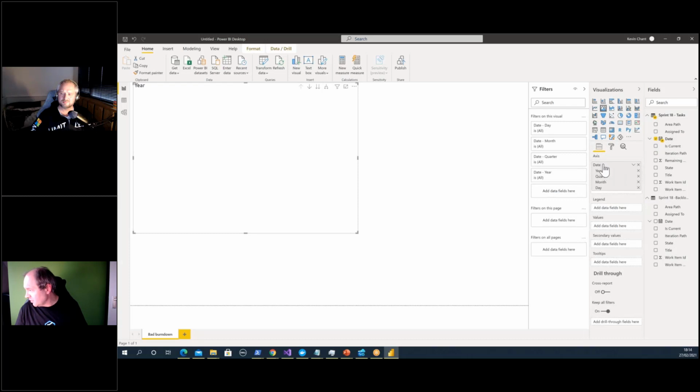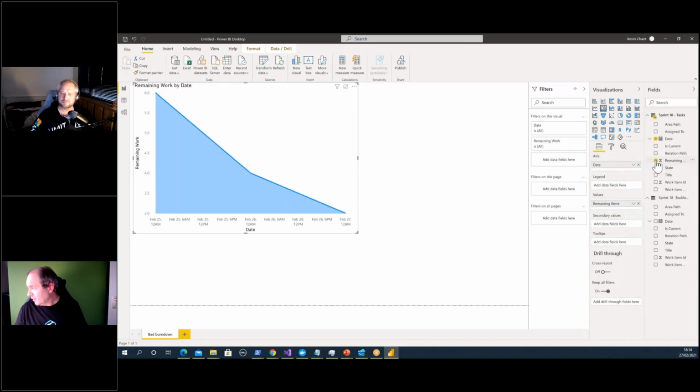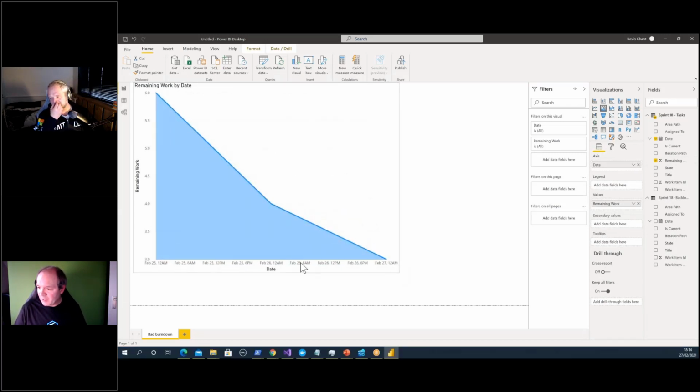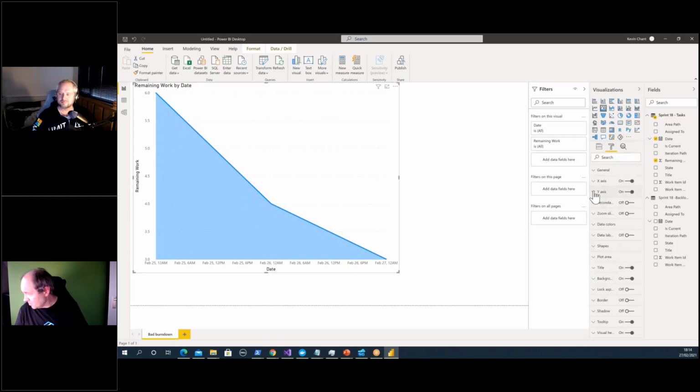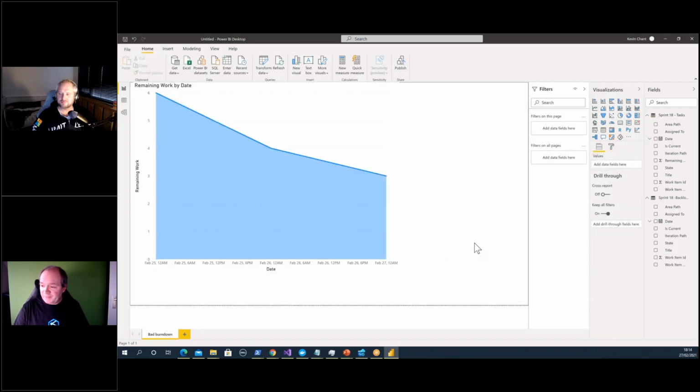I'm just going to select date, change it instead of showing the date hierarchy to the individual dates, put in the remaining time. And as you may or may not be able to notice, if I drag out a bit bigger here, it actually starts on 3. I don't really like the fact that it starts on 3. I'm going to make it start from 0. So I'm just going to go to the y-axis and the customization, change the start to 0. And as you can see, that is a very quick way to create your own version of a burn down